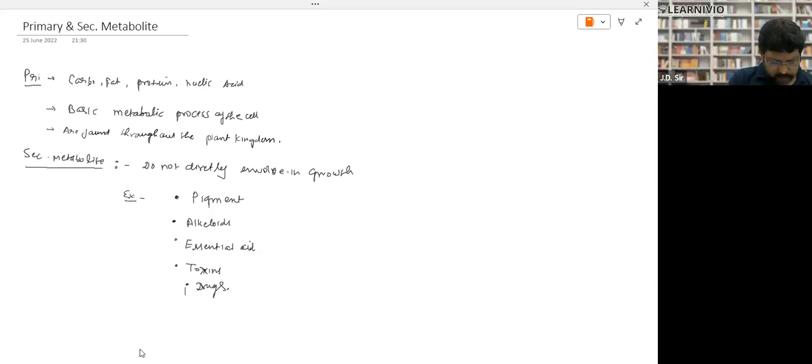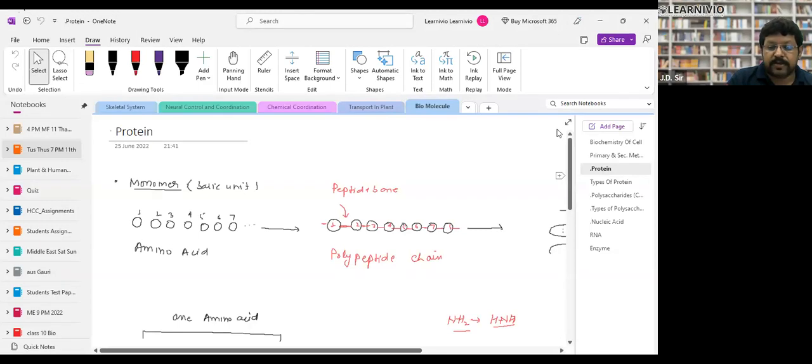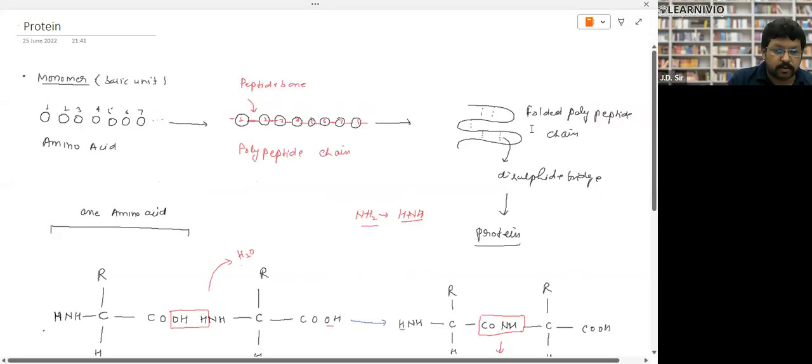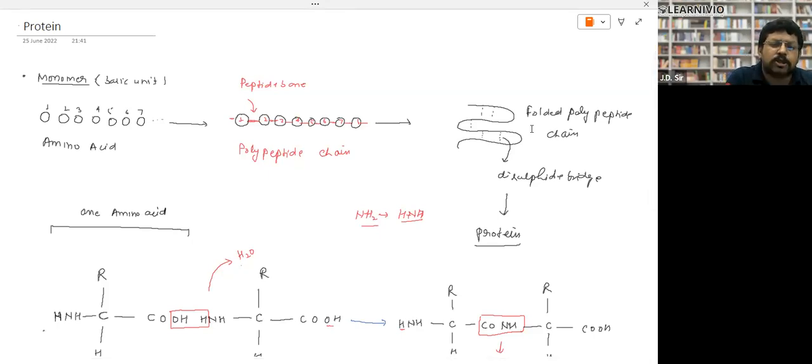So come to the first biomolecule, that is protein in NCERT. First, I will make you understand what protein is. Everything is made up of a small unit, and we call them monomers. You must be sitting in a room, and that room is made up of bricks. So that room can be called a particular compound, and every brick is called a monomer. In the same way, proteins are made up of some monomers.